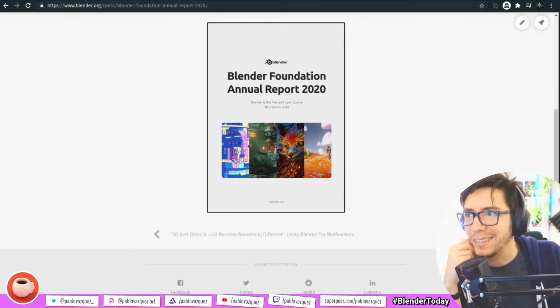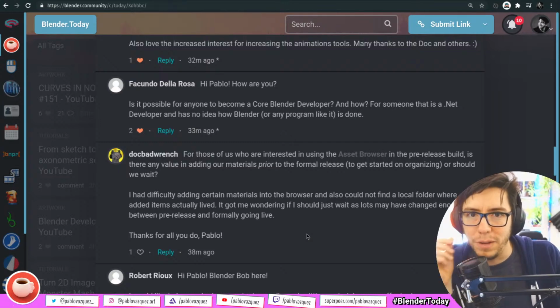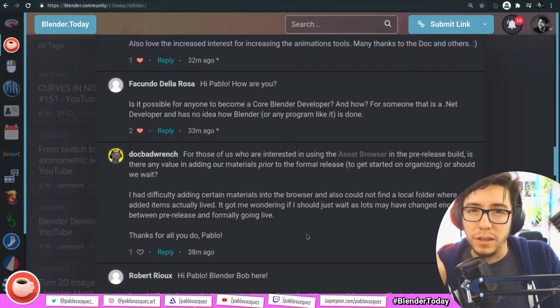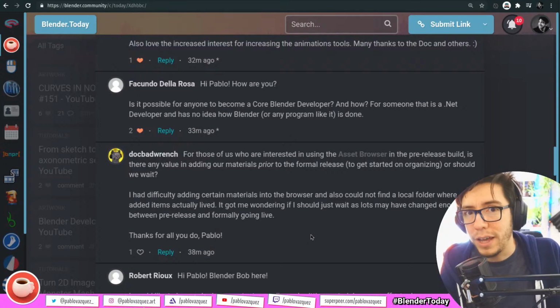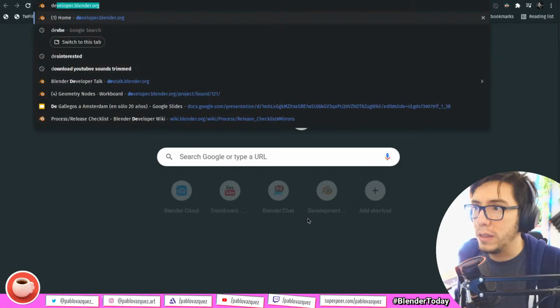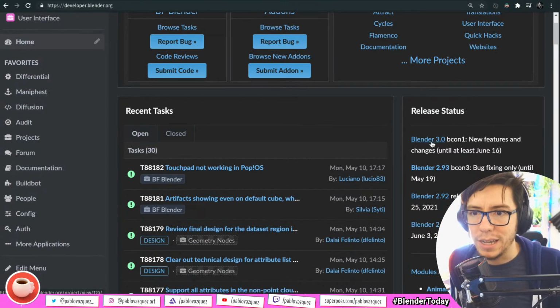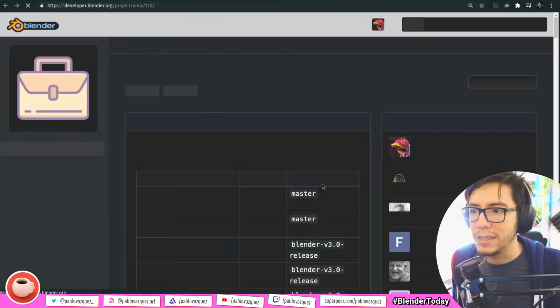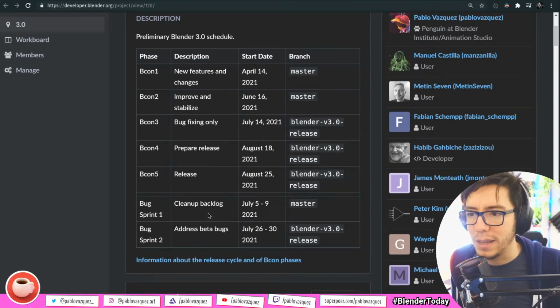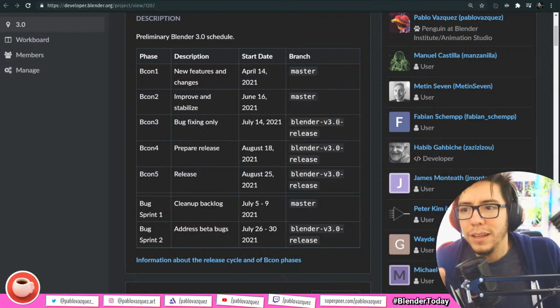But again, if you're in the middle of a production, maybe just wait a little bit more, at least until Blender enters the beta 3 phase, beta 2, beta 3. Though you can follow that in developer.blender.org in the release status. Here you click and you're gonna see some date estimates about the beta 1, beta 3 phases, where things are